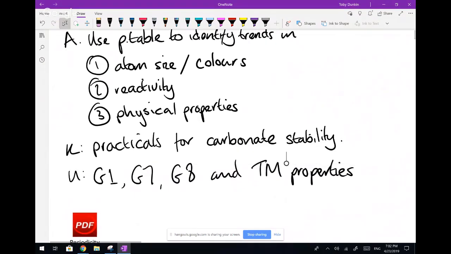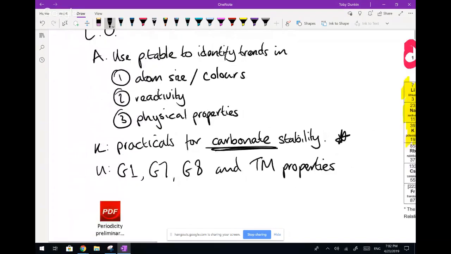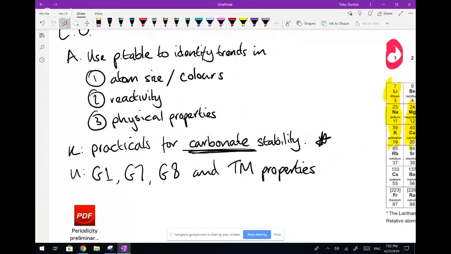I've put in an unusual practical part of this particular webinar, which is on the carbonate stability. Now, I keep seeing carbonates appearing in questions on our Edexcel papers. And so I just wanted to give myself a reminder to cover them. I'm going to talk about the solubility of the carbonates and also the stability of them. There's a practical that has come up twice in the last 8 years that I just want to quickly mention